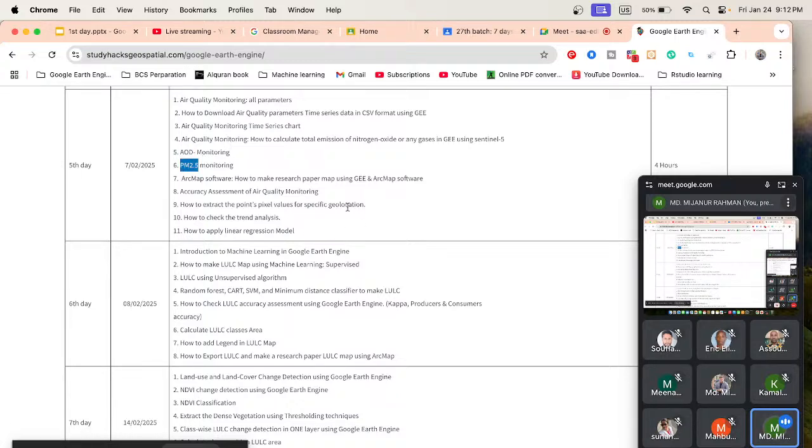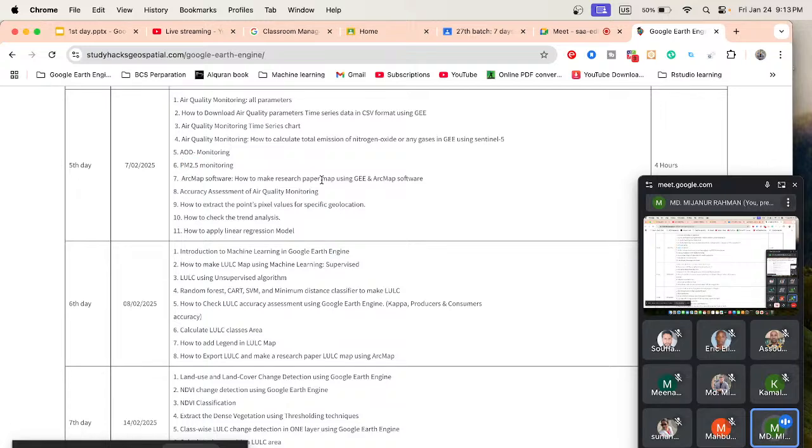And in this online training program, I also add another tool, mainly the ArcMap or ArcGIS tool. So this tool, how we can easily use it and then create the map layout. Okay, so basically we download different types of data from Google Earth Engine. Further, this type of data we need to handle using ArcMap software to create the map layout. So these things I also explore on the fifth day,